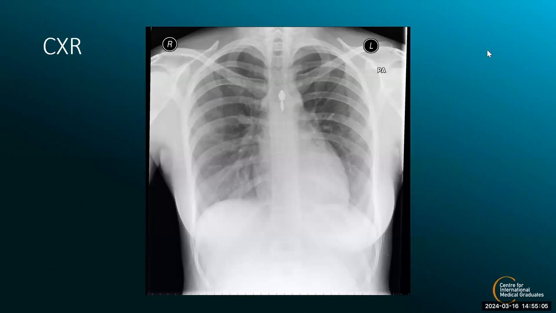Consolidation. Pneumothorax, correct. And I heard consolidation, someone mentioned. That's very important as well, because consolidation, so a pneumonia, could also give you pleuritic chest pain, and potentially could give you hemoptysis as well. Pulmonary edema, oh yes, and pulmonary edema as well. So increased vascular markings, any signs of pulmonary edema, also very important to know. But yes, those are the main things I think in a chest X-ray.